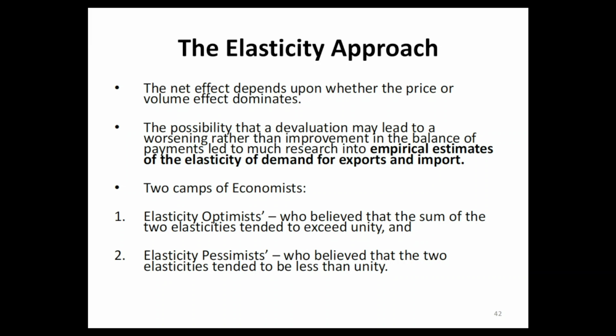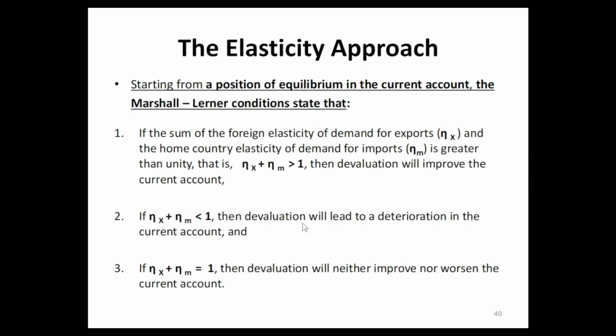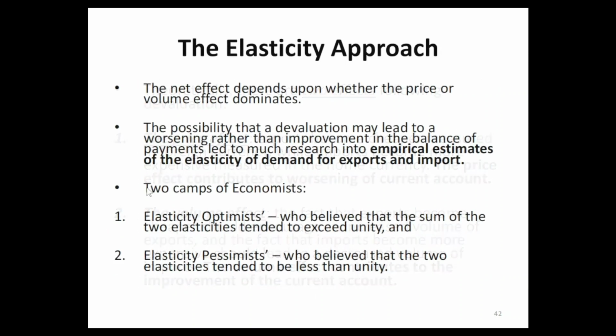So there are two camps of economists, right? The first one is elasticity optimist, the other one is elasticity pessimist. Elasticity optimist means one who believes that the sum of the two elasticities tends to exceed unity. That means this one is the elasticity optimist, but this one is the elasticity pessimist, who believes that